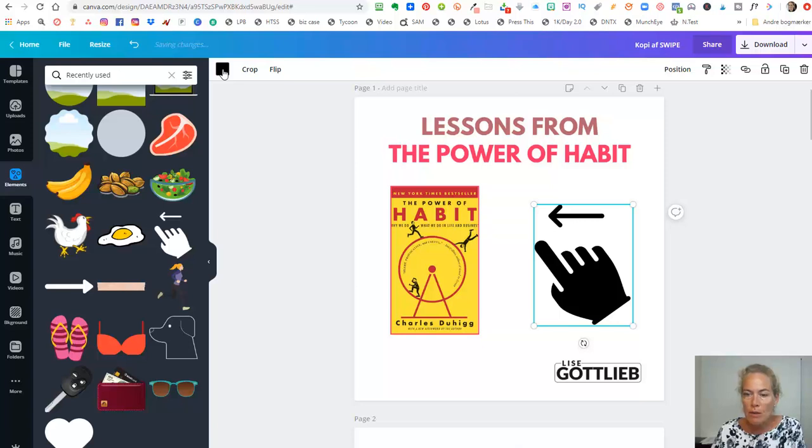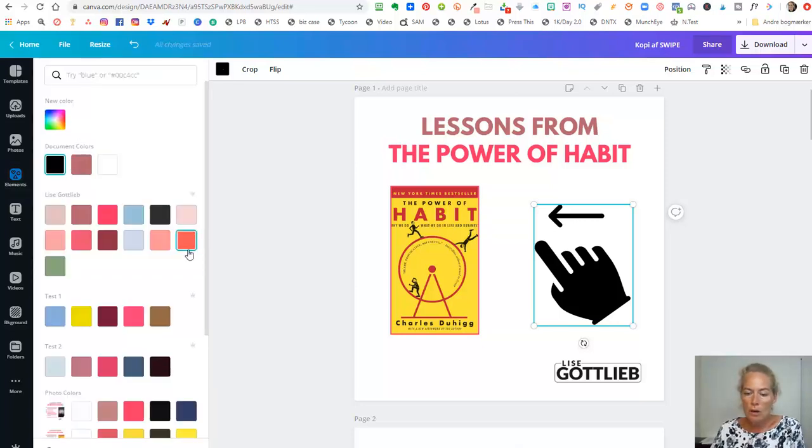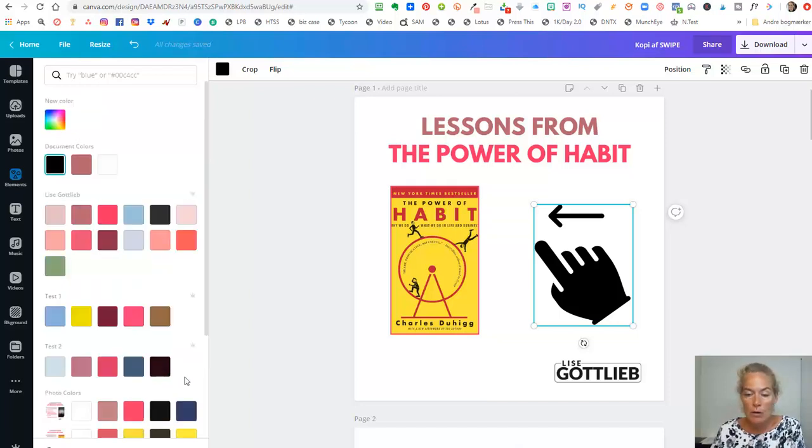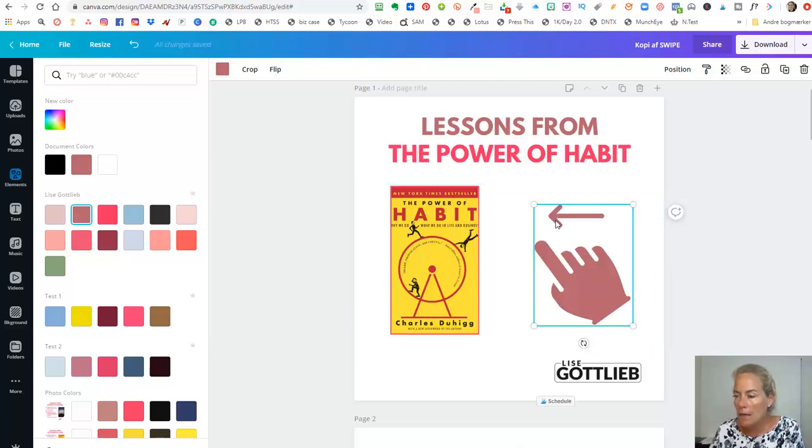So I press the color button up here, and then I choose a color. In Canva, it shows you here the colors that they already find in the photo. So if you don't have any brand colors or don't know what colors to use, then you can pick some of them from the image. It makes a very, very nice graphic out of it. But I already have my color scheme here, so I can choose the colors I already have been using in the design. So I'll use this one here for the hand. So now I will have this colored hand,